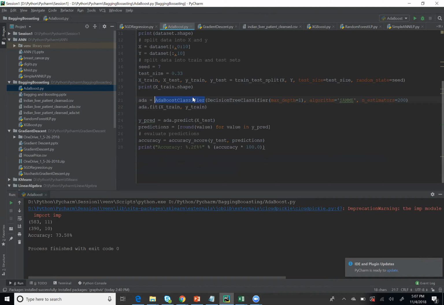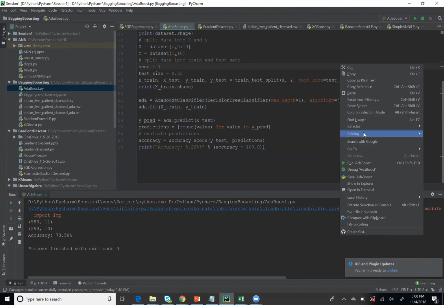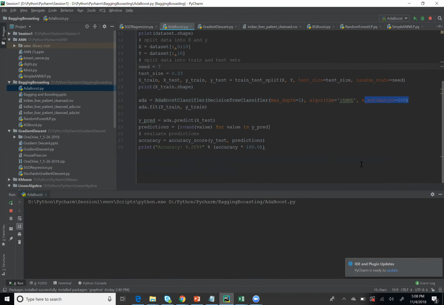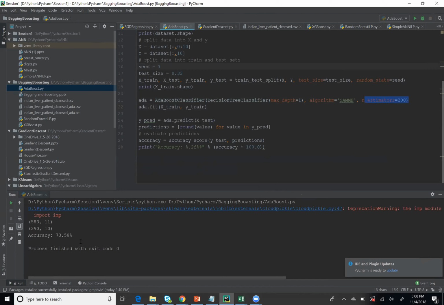So the first thing you need to do is pass in the main algorithm, in this case a decision tree. The second thing you need to do is pass in the number of times you want to use the output of that, and then optimize it further. And then finally, you see that when you do AdaBoost, your accuracy results have been consistently around